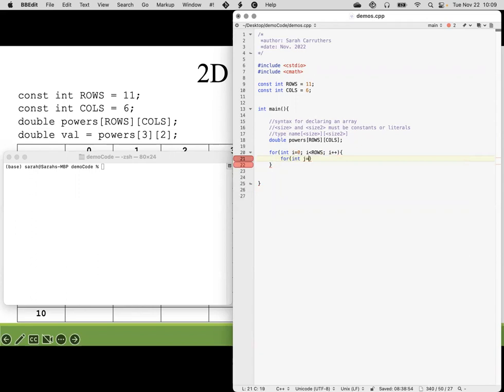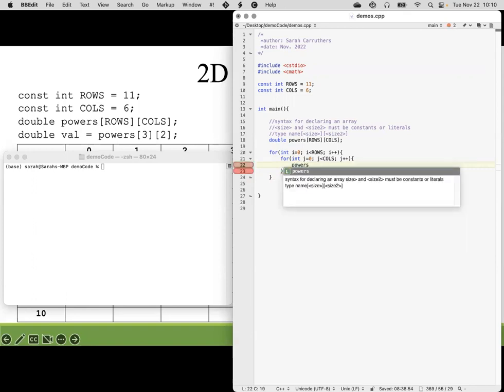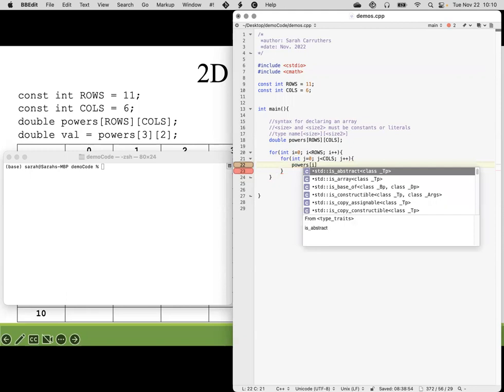So we're going to use j equals 0, j less than cols, j plus plus. So when we iterate through this loop, we're going to go through one row at a time and then each column within that row. And we're going to set the value of our element by accessing index i,